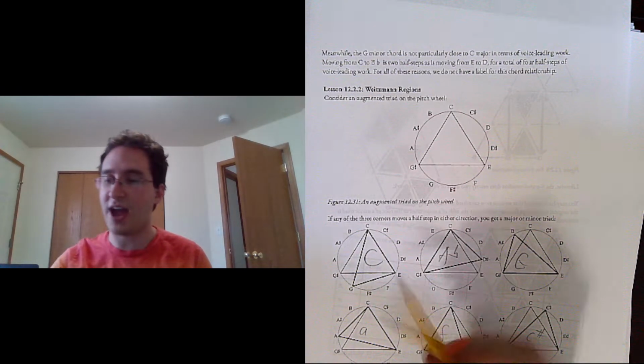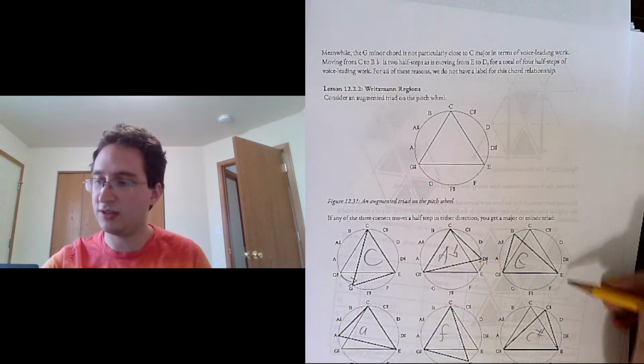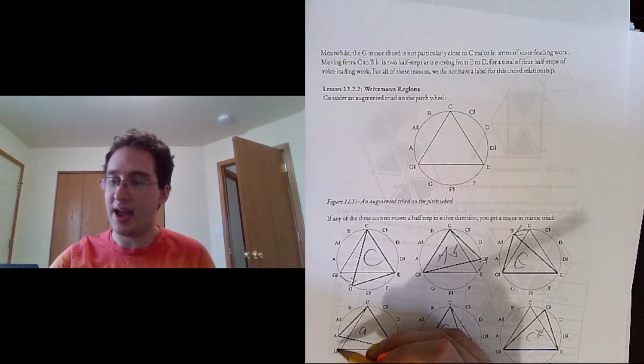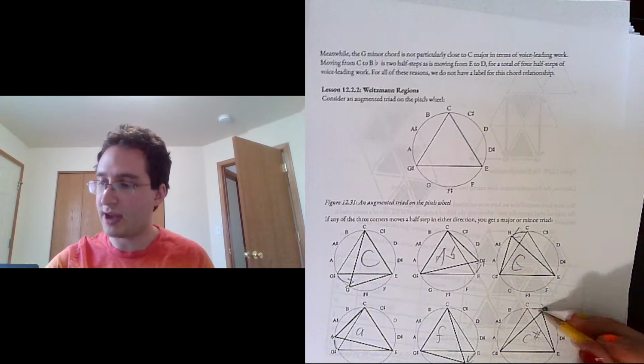So three major triads. If we take one of the corners and move it widdershins on our circle, you get a major triad, and if you take one of the corners and move it clockwise on the circle, then you get a minor triad. Okay,